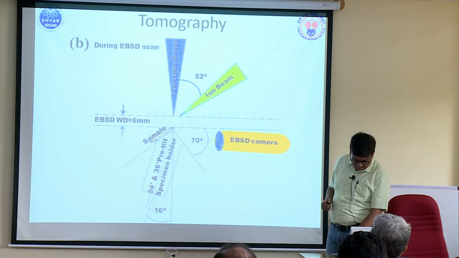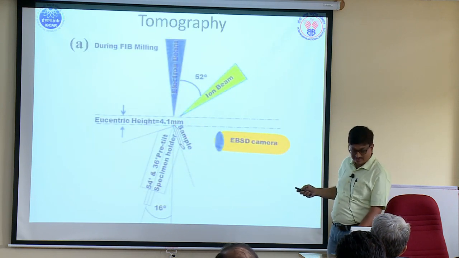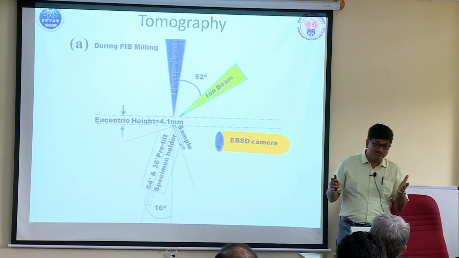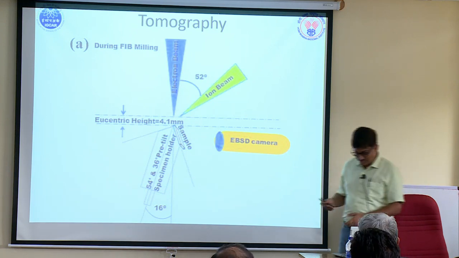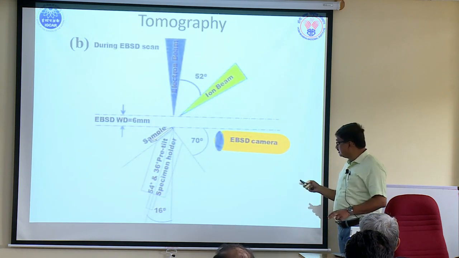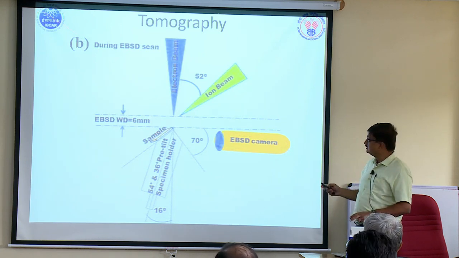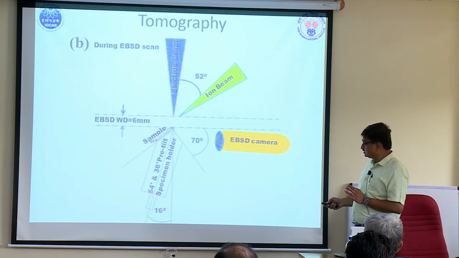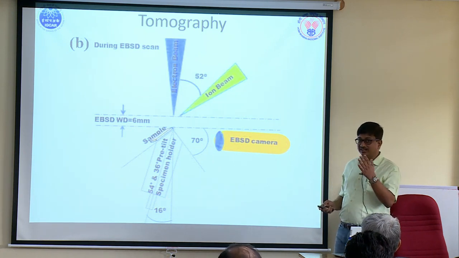So what is going on if you look back? Basically you have a geometry which looks like this, and everything is automated, by the way. There is something called AutoFIB or AutoTEM or Auto EBSD; all these are available, and they work, but you have to align it properly. What is happening is that the EBSD remains where it is, and your sample has rotated by 180 degrees. You don't do anything else, you just rotate by 180 degrees. So this 16 is now subtracted from 36, and you end up with 20.